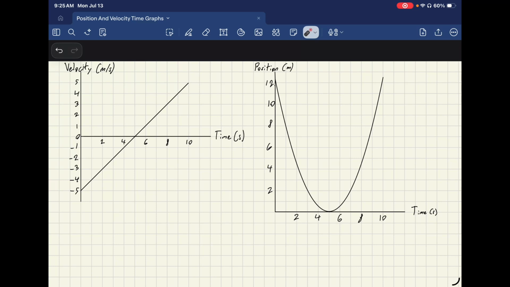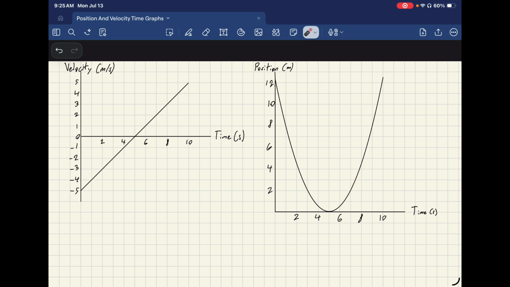These two graphs show the same object moving over 10 seconds. From the graph on the left, we can see that at 5 seconds, the velocity is 0. However, the acceleration is still positive. Looking at the graph on the right, we can see that the object slows down, changes direction, and then speeds